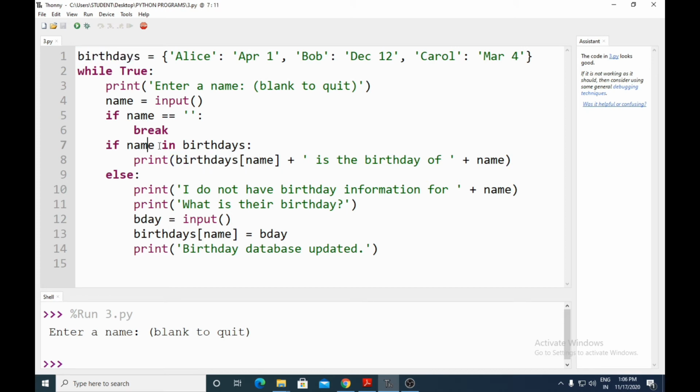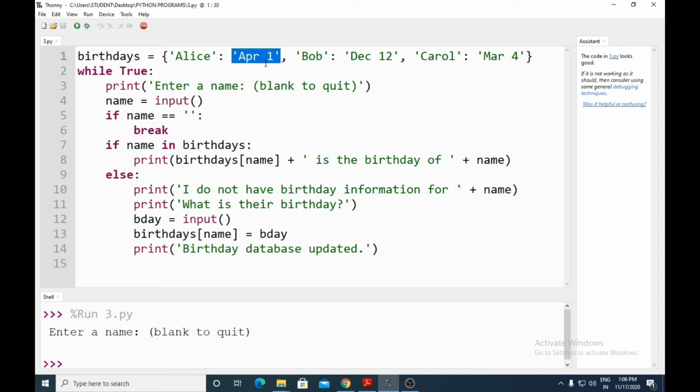So what is there in name? I have entered Alice. So birthdays of Alice, where birthdays is the dictionary name, variable name, and Alice is the key. So what will it give me? birthdays of Alice: the variable name and the key will give me its value. This we had seen earlier.